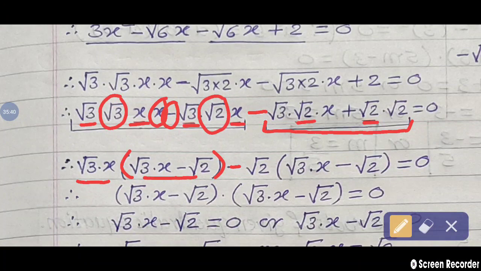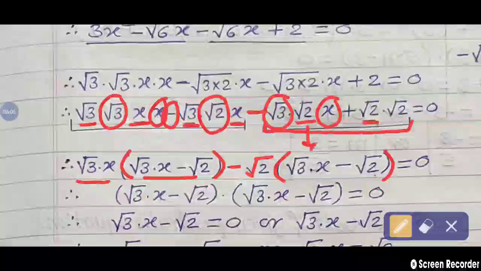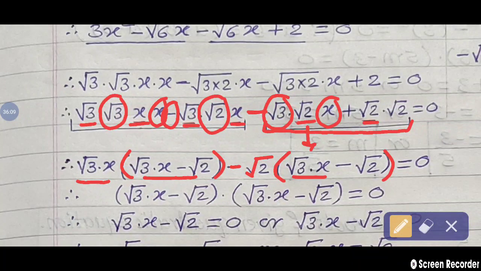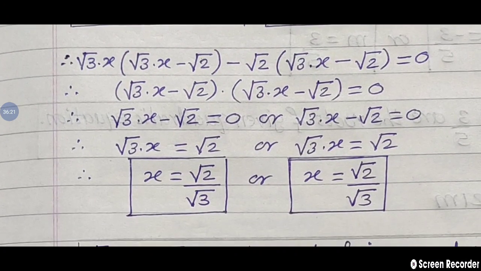So minus sign we are taking as common, that is outside the bracket. So minus root 2, what is remaining in the bracket? Outside the bracket we are taking minus sign as common, so whatever the remaining terms are there, change the sign. So here what remains? Root 3x having a minus sign here, so it changes to plus root 3x, and here plus root 2 is there because we are taking minus sign as common, so change the sign, minus root 2 equal to 0. So see in the next step.